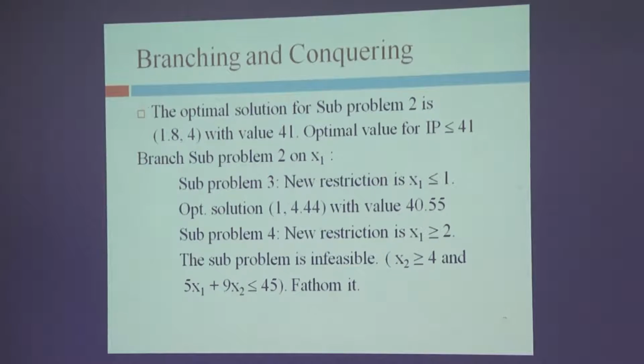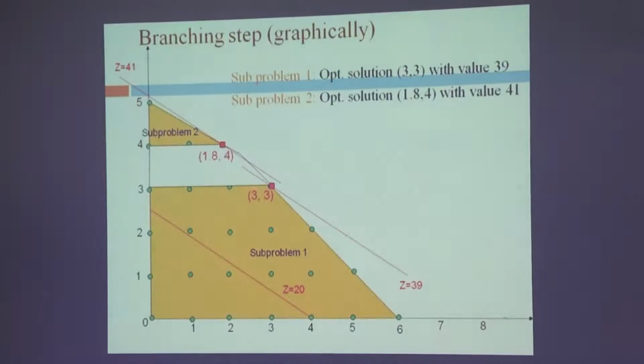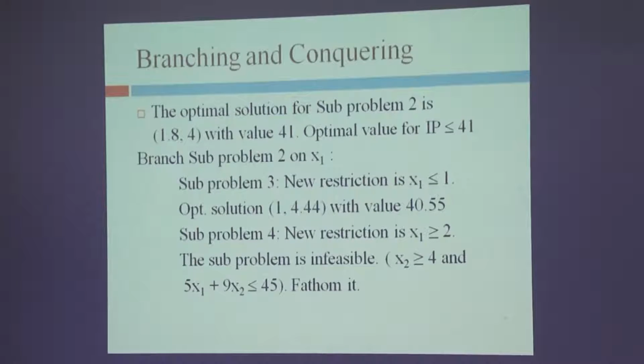Now for the second problem, what do we have? The sub-problem 1 we had solved and the answer is 41. So earlier the upper bound was 41.25. Now when I cut it into a smaller problem, I have got a sub-problem whose maximum value is 41. So that will act as the new upper bound for my integer problem. Okay, that is what is being said here.